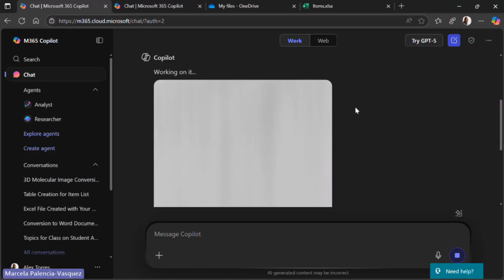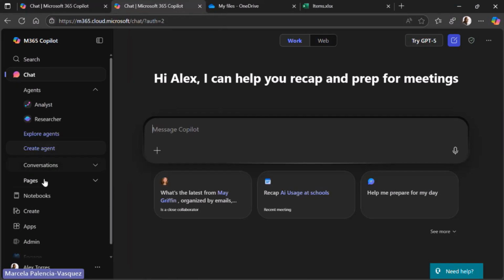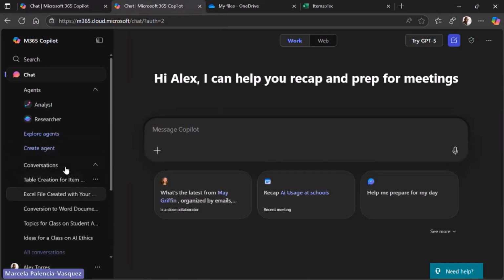So if you have been attending other sessions, we've always been saying that the better the prompt, the better the outcome. And that is applicable for images as well. But again, we can always do some follow-up requests with images. It's going to take the first result and transform it with whatever request we make in the follow-up prompt as well. Now, in the meantime, let's go to another tab